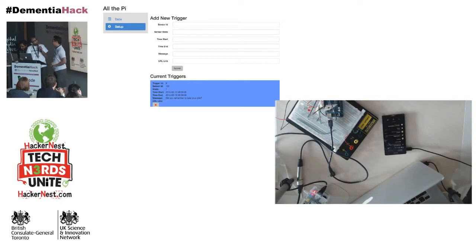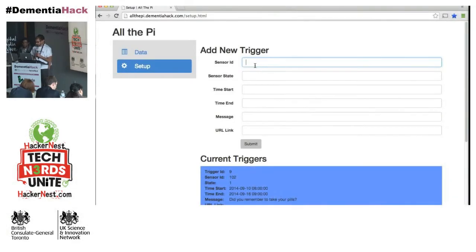Okay, so I just wanted to talk about the back end of the system. In the future, we would like it to be partially artificially intelligent, so that based on the trends of how you're using it, how the sensors interact with your day-to-day life, nobody would have to configure it. But at this stage, we do have a web portal that we tried to keep as simple as possible, so that a caregiver could enter some...